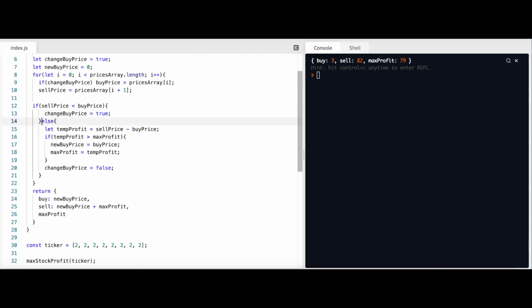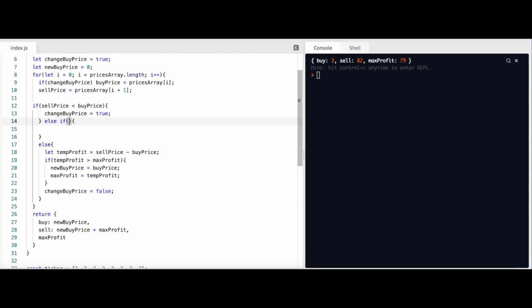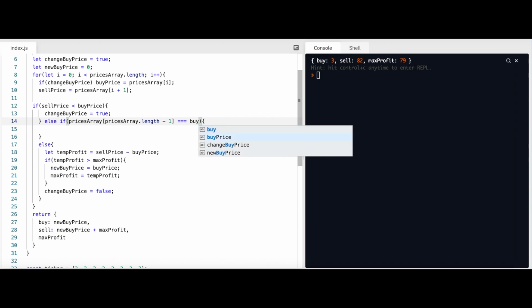So let's set an else if statement here and say something to the effect of, if the buy price is the same throughout, then we're going to say no, there's not a max profit to be made. You could do it however you want to do it. That's how I'm going to do it. Okay, so we're going to say the last element in the prices array, and accessing that, we'll say prices array dot length minus 1. And again, in other videos, I get into dot length and minus 1 and how that works, equals the buy price. We want to return,